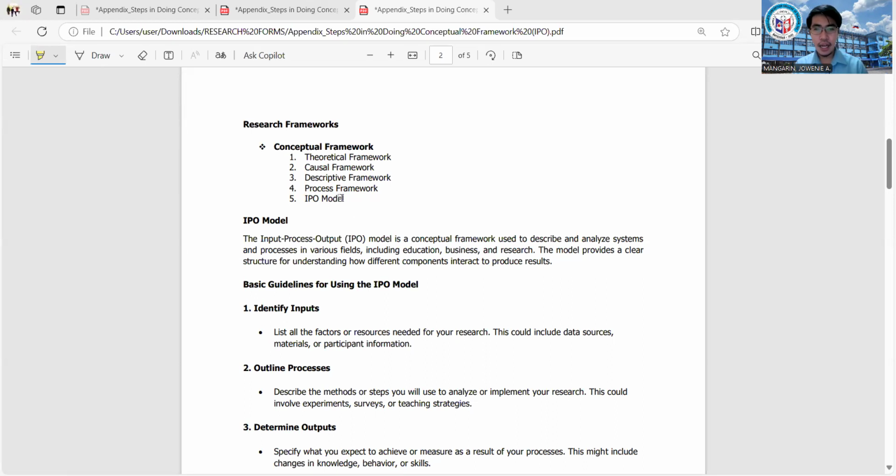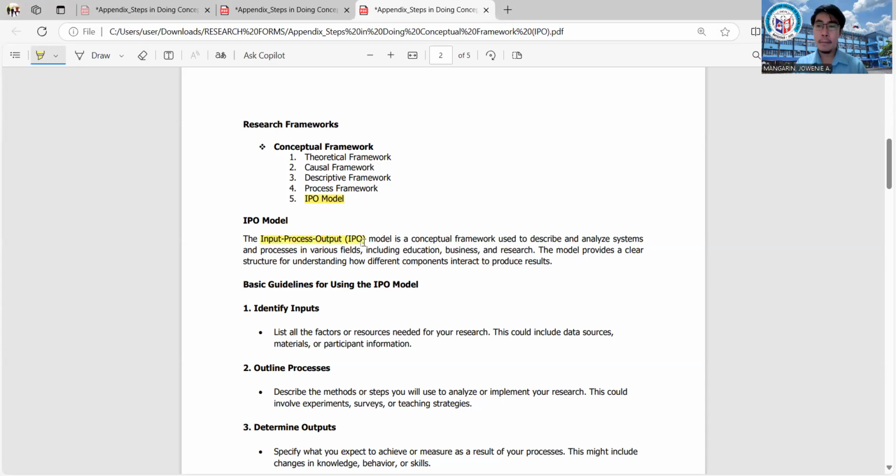But disclaimer muna, my dear researchers, these five types of conceptual framework are the commonly used type of conceptual framework. But aside from these five, meron pa tayong ibang types of conceptual framework na pwedeng gamitin sa paper natin. It depends na lamang kung ano yung intention or purpose ng study natin. But for the time being, allow me to discuss to you the IPO model, or also known as the input,